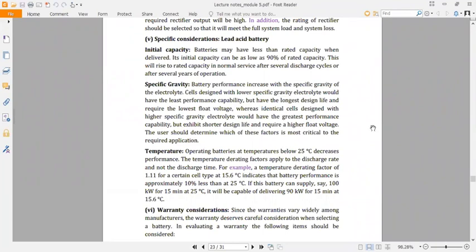टेम्परेचर भी एक फैक्टर है जो बैटरी का साइज और उसके परफॉर्मेंस को अफेक्ट करता है। नॉर्मली ये चीज देखा गया है कि अराउंड 25 डिग्री सेंटीग्रेड, उससे अगर कम टेम्परेचर होता है तो बैटरी का परफॉर्मेंस डिक्रीज करता है। फॉर एग्जाम्पल अगर किसी बैटरी का 25 डिग्री टेम्परेचर पर एक सर्टेन परफॉर्मेंस है, और टेम्परेचर घट करके 15-16 डिग्री के आसपास आ गया तो उस वक्त उसका परफॉर्मेंस कम हो जाता है, अराउंड 10% डिक्रीज हो जाता है।